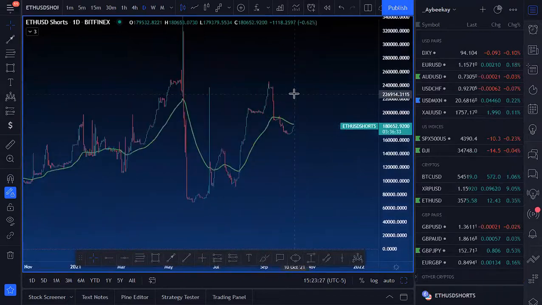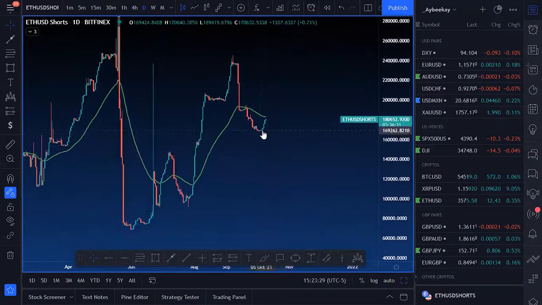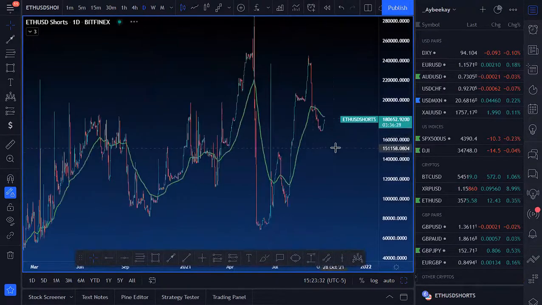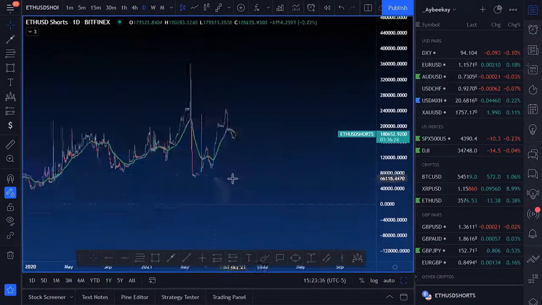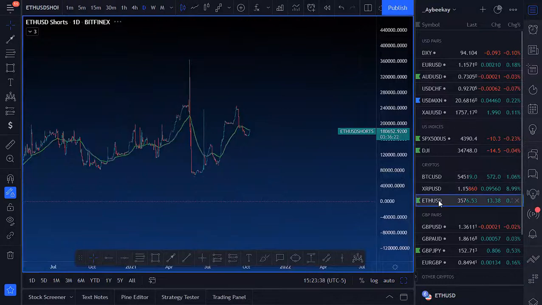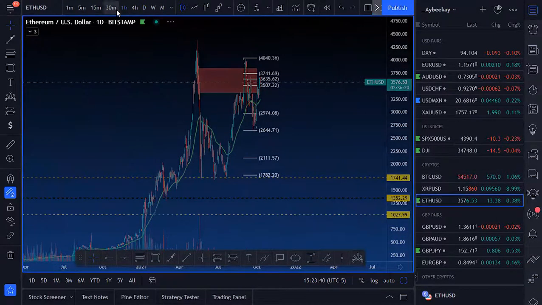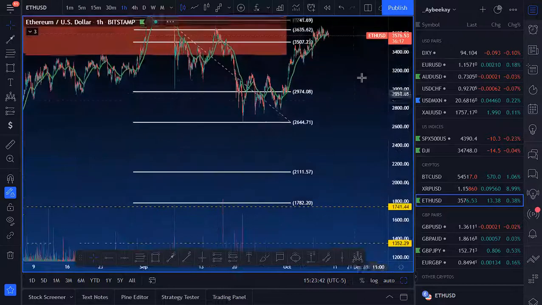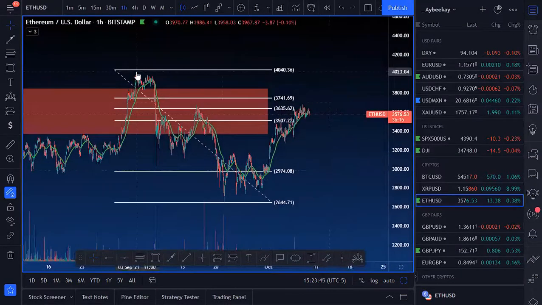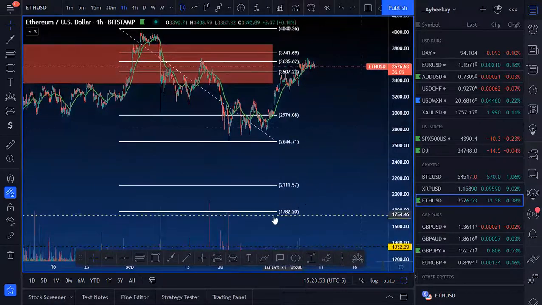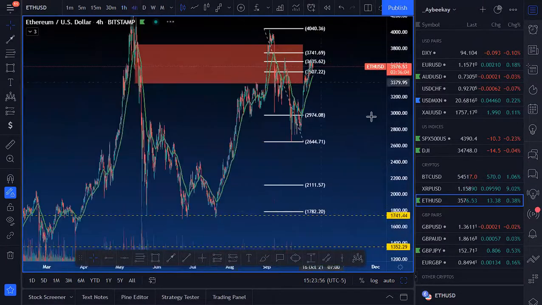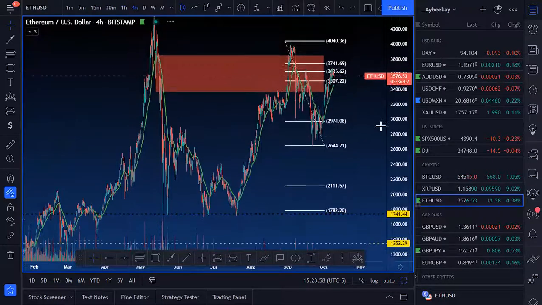Now, Ethereum shorts, on the other hand, are starting to climb up. So that's something that you definitely want to watch out for. Like, Ethereum shorts are something that is climbing up slow and steadily. But, you know, like I said, if these things hold at these levels, I'm still bearish on them. From this high to this low, price came up to the 71%, been rejecting it very nicely. So I kind of want to see this end up falling, you know, 1782. It might not be so far-fetched.